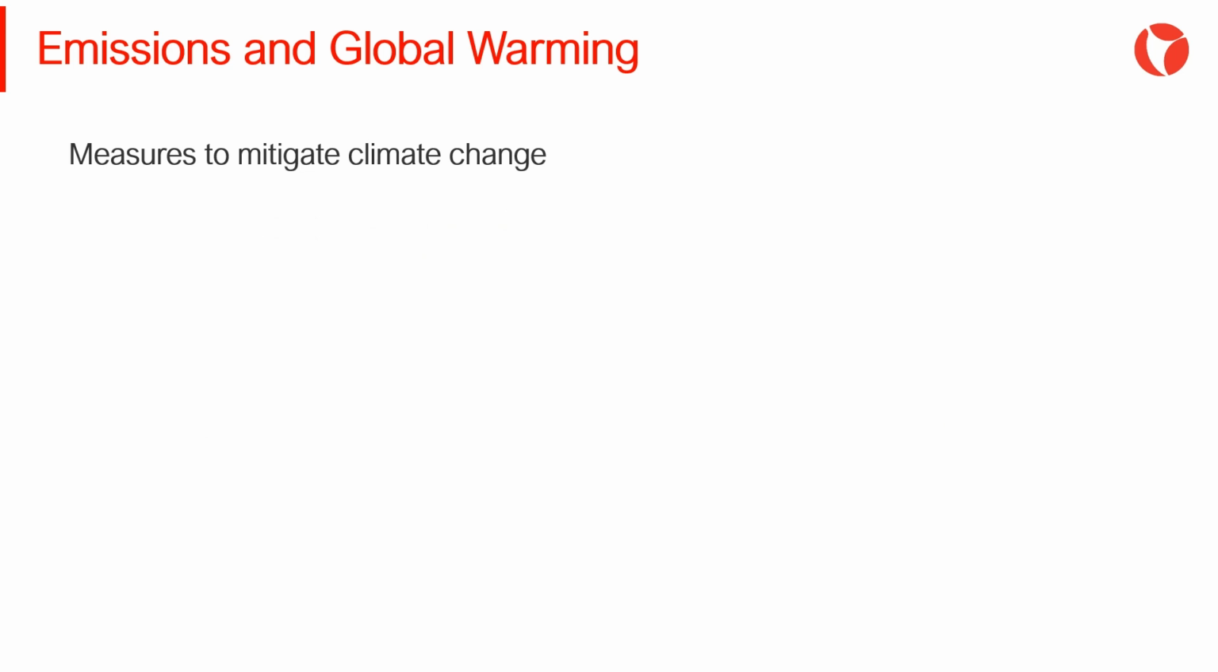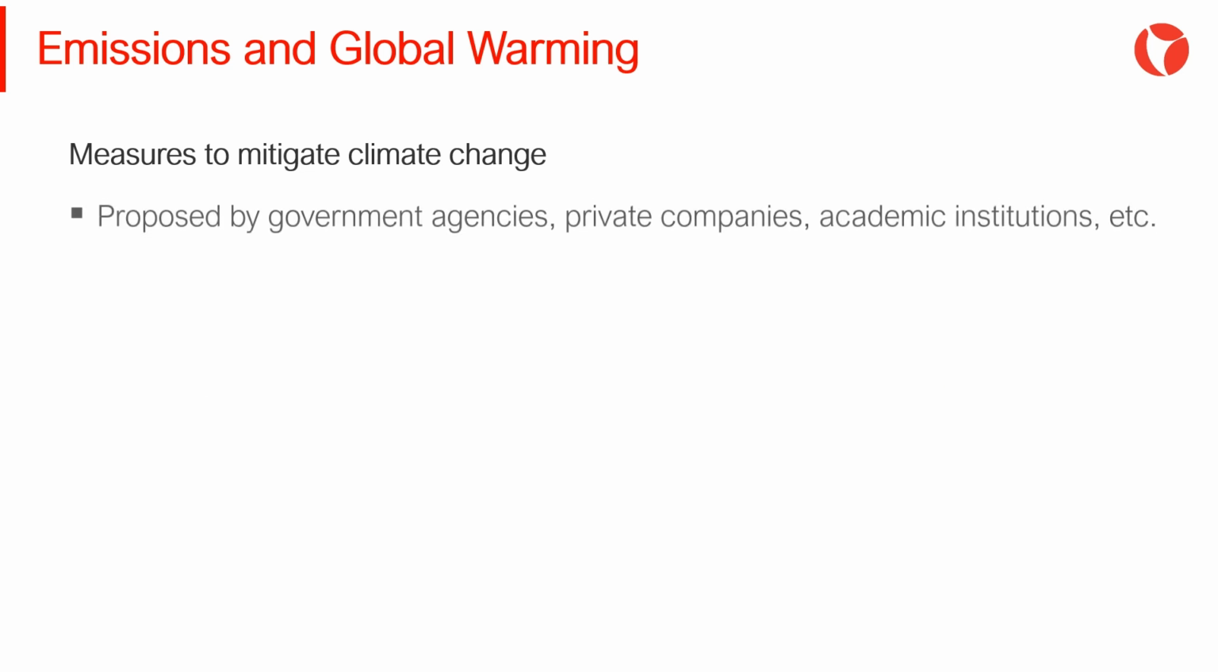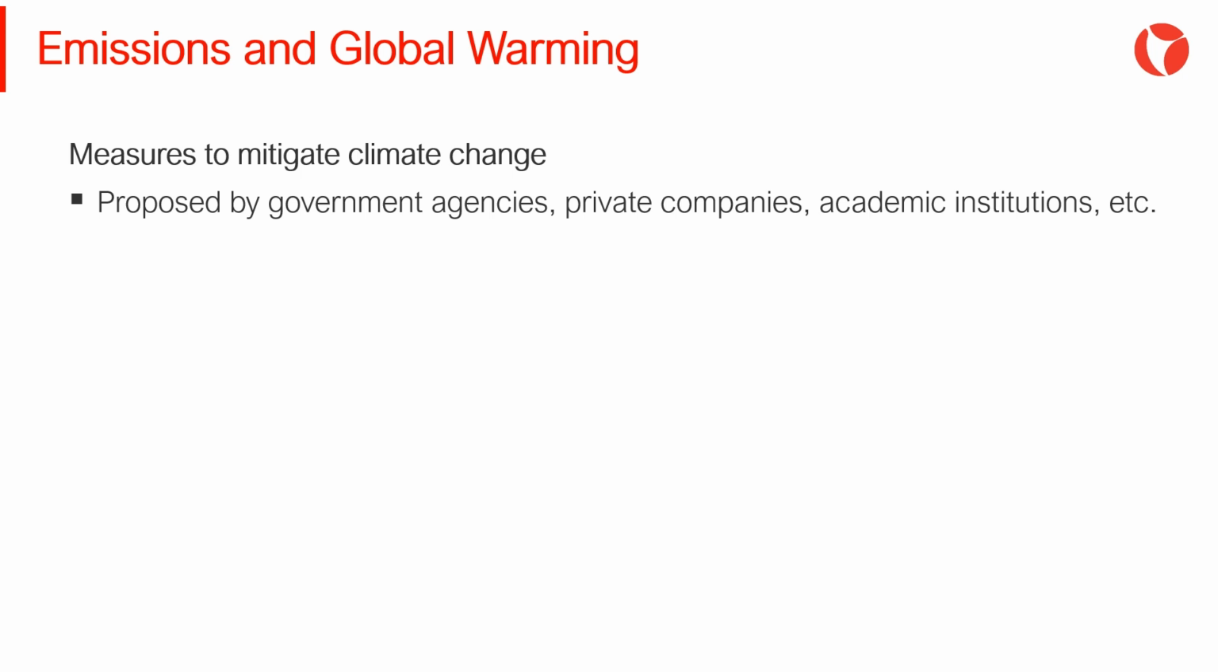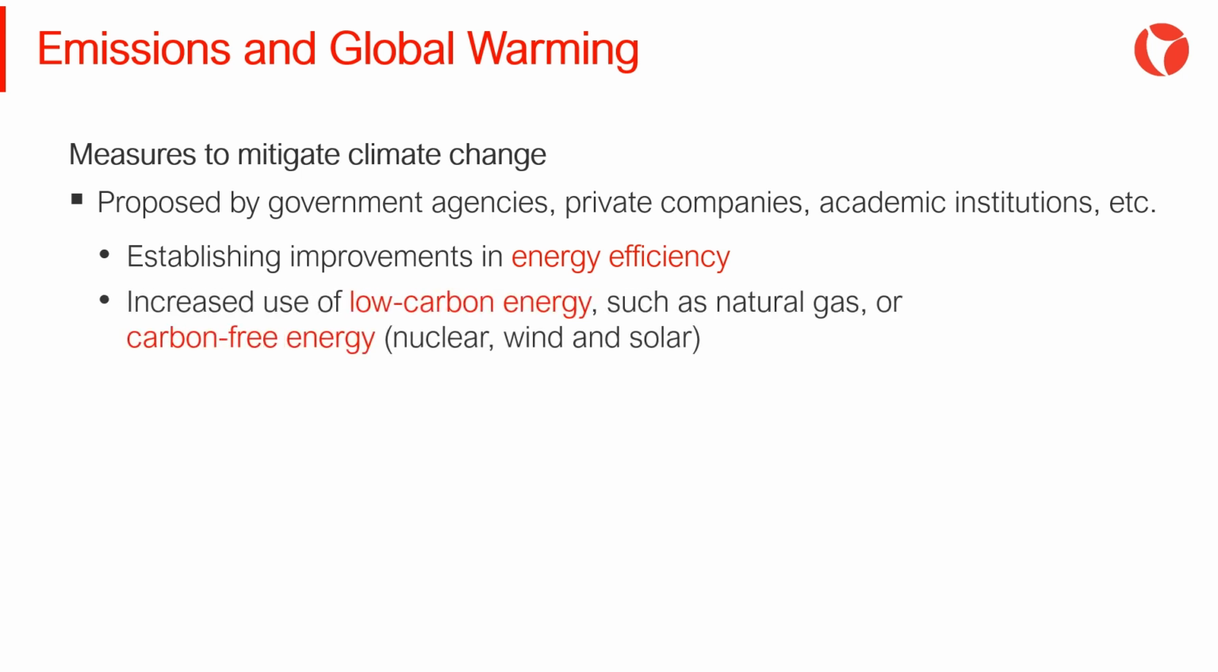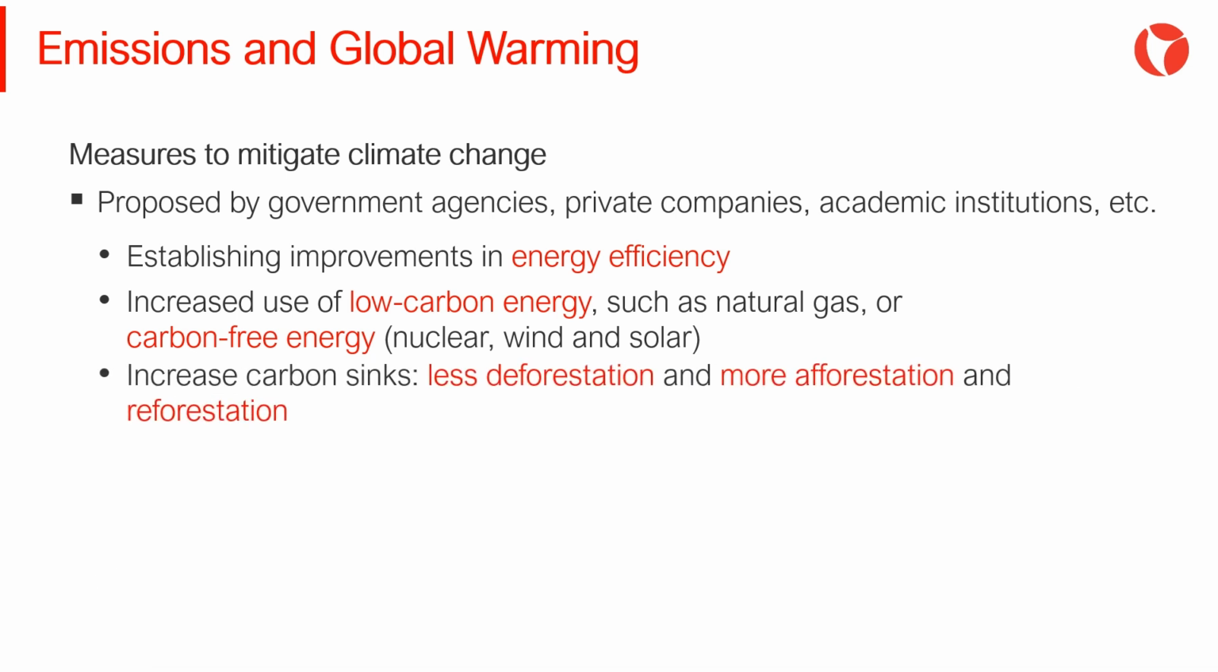Measures to mitigate climate change. Measures proposed by government agencies, private companies, academic institutions, etc. to mitigate climate change include establishing improvements in energy efficiency, the increased use of low-carbon energy, such as natural gas or carbon-free energy, nuclear, wind, and solar, the increase in carbon sinks, that is, in practical terms, less deforestation and